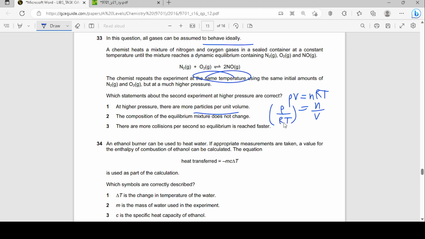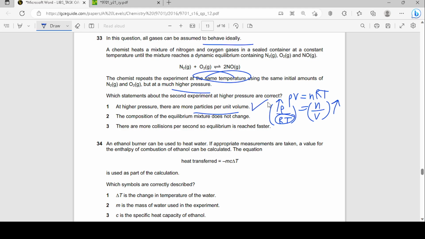It's at the same temperature, and R is obviously the ideal gas constant. But they increase the pressure, so n over V will increase. According to the equation, RT is a constant, so if pressure increases, moles per unit volume will increase, which means particles per unit volume will also increase. So